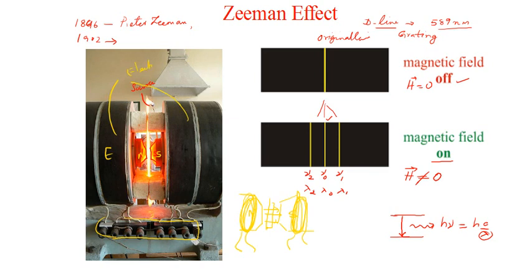What you see here is nothing but a fume hood used in a lab, usually in chemical labs. That's not a part of our diagram. So this is the arrangement. What he did was subject a sodium vapor lamp to a magnetic field. Actually, he burned the sodium in a Bunsen burner to start with, and subjected it to a magnetic field using an electromagnet.